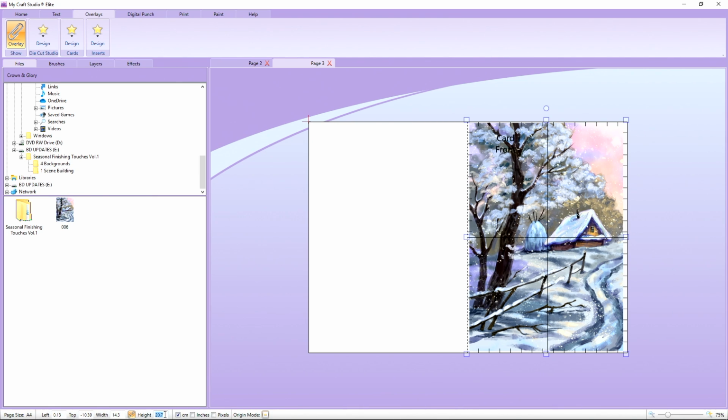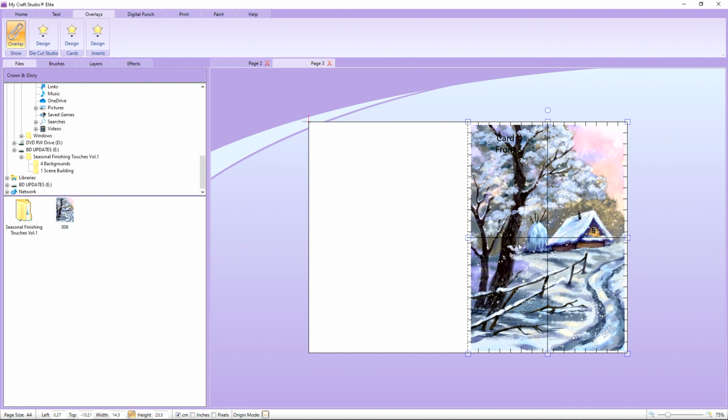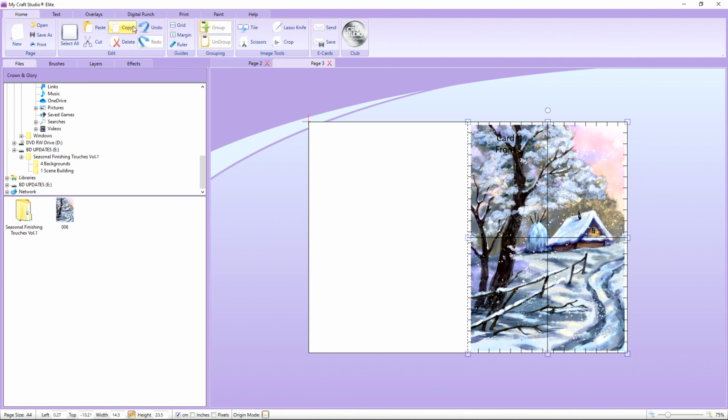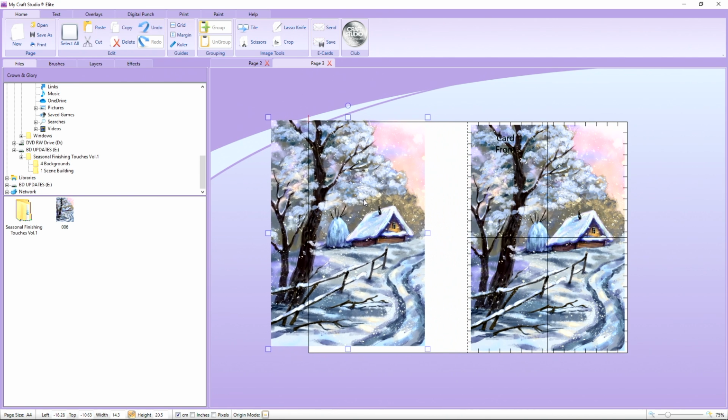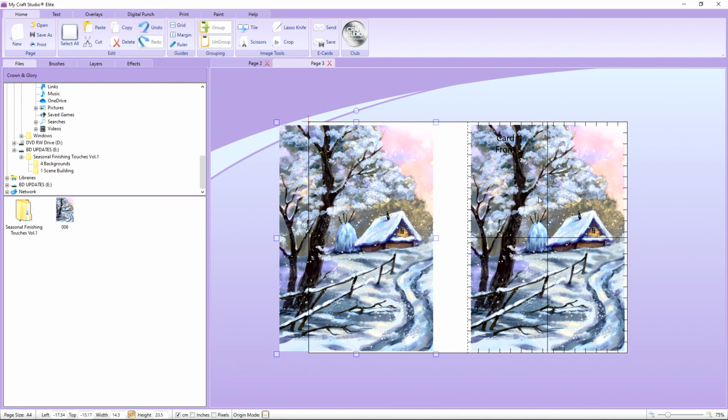This started at 21, so it now needs to be 20.5. There we go, that gives us a little bit more white all the way around the edge. So once we're happy, let's go ahead and select to copy and paste. So we've got that same layer again, but we're going to move it out for just a second, leaving this